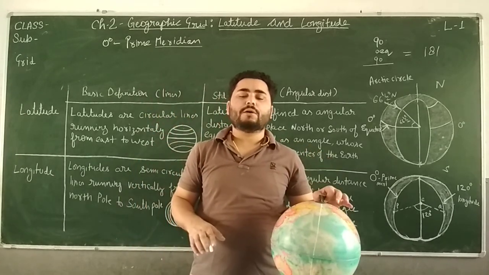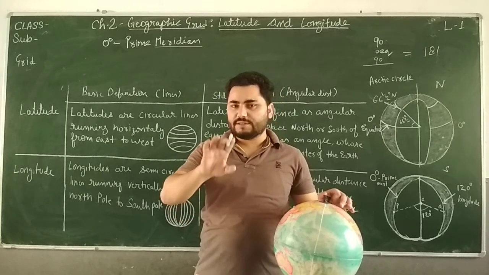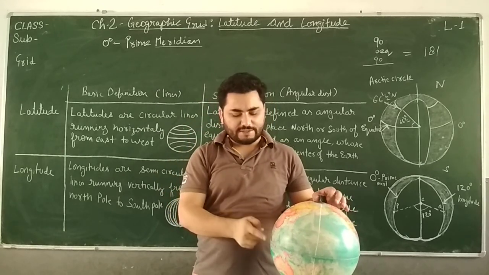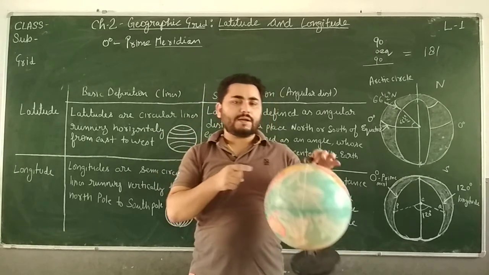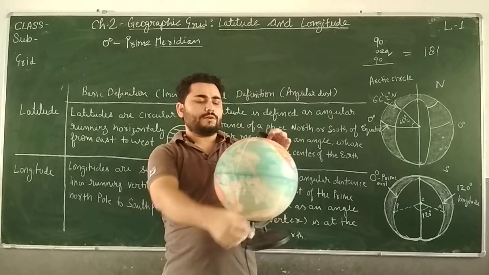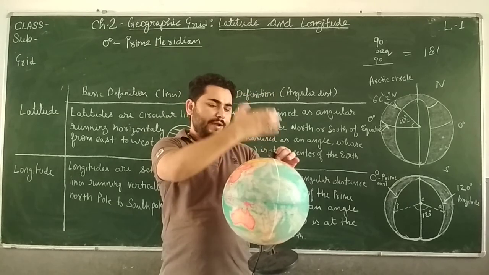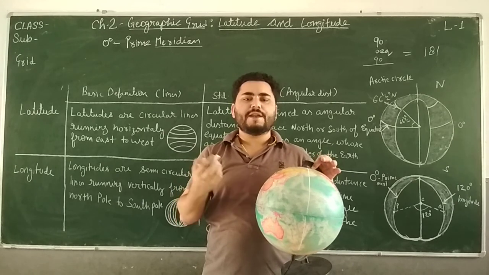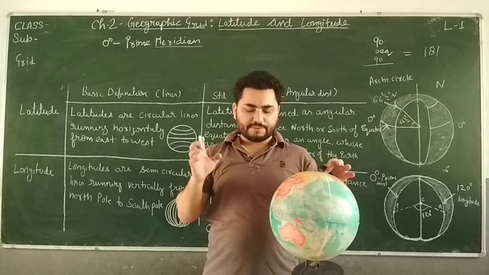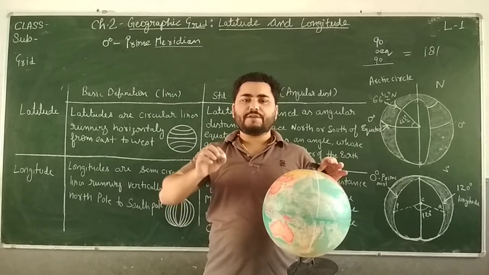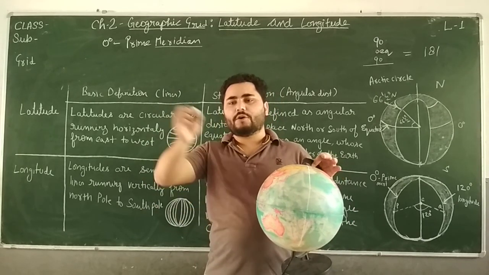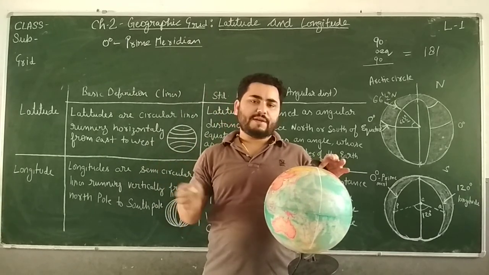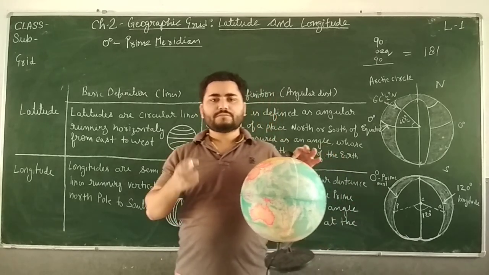So that is why, in lines of latitude, we can have only one big circle, which is at the 0 degree. But when we cut the earth from these longitude lines, like this, here and here, we will cut the earth into two equal halves. So when the lines of longitude meet with the diametrically opposite line of longitude, they form a complete circle, semicircle plus semicircle, a complete circle. And that is why they are big circles.